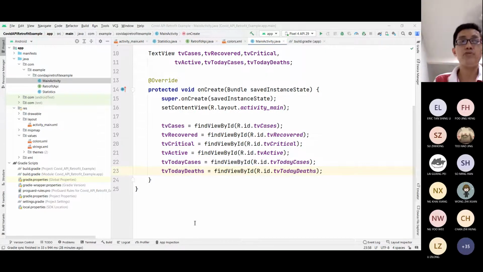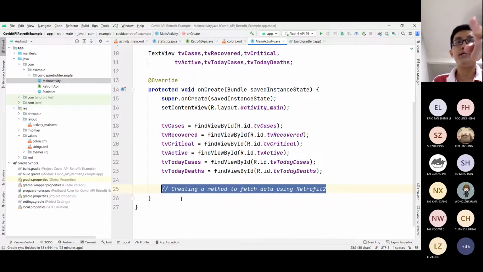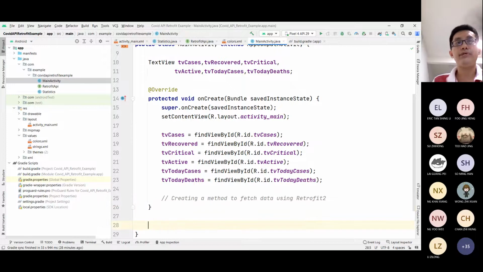Okay, then we have to do something to fetch the API using Retrofit tool. Right, after we have loaded this, we want to load, right? Creating a method to fetch data from Retrofit 2. You can code everything here, but it's better to code it as a function. Retrofit, right? We write it in a separate function. Okay, that function we can say is a fetch API using Retrofit. For example, we don't return anything, we just call it to perform some action